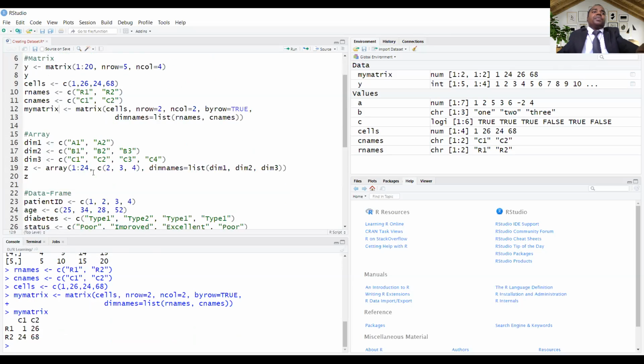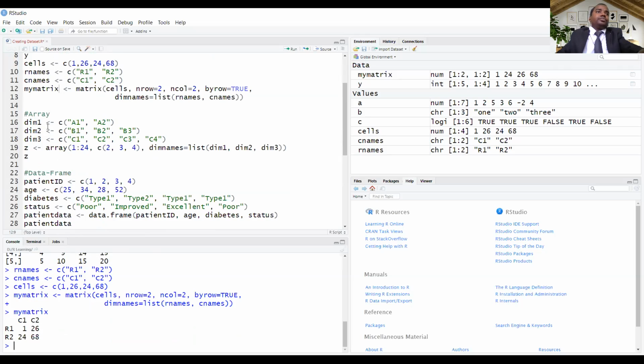Then our next topic is array. Here we are renaming dimension 1 as A1, A2, dimension 2 as B1, B2, B3, and dimension 3 as C1, C2, C3, C4.